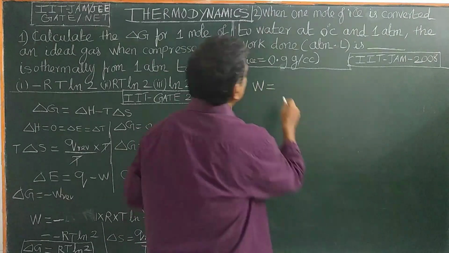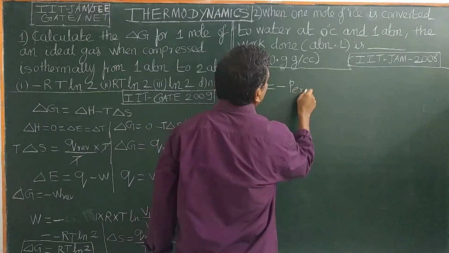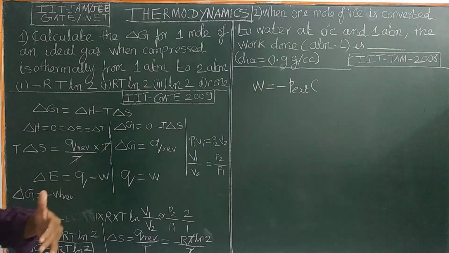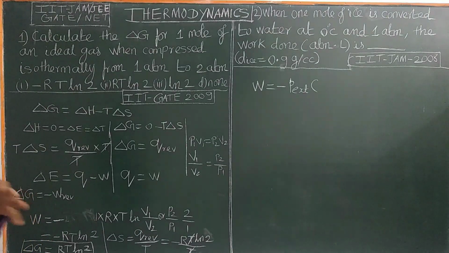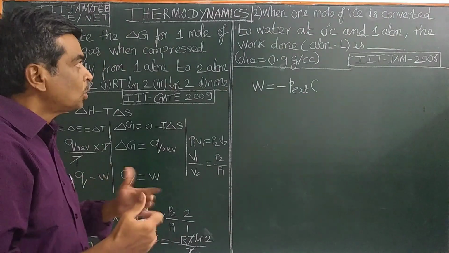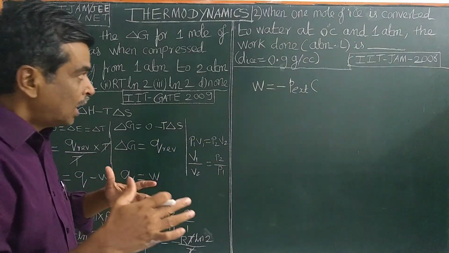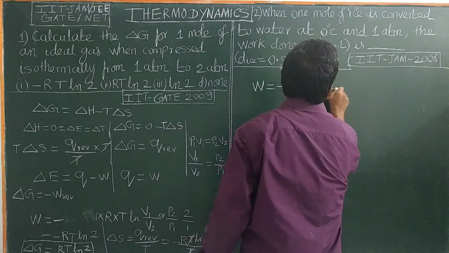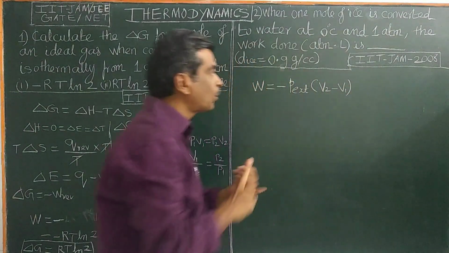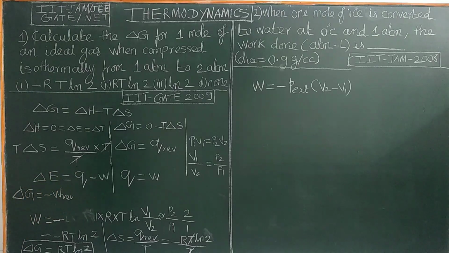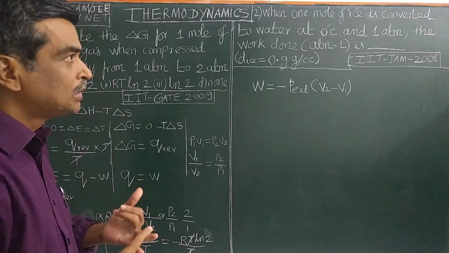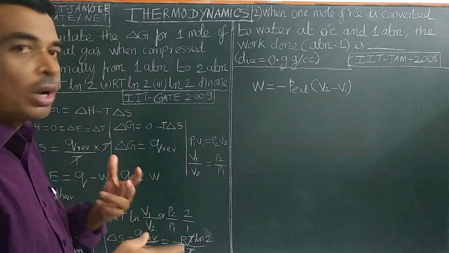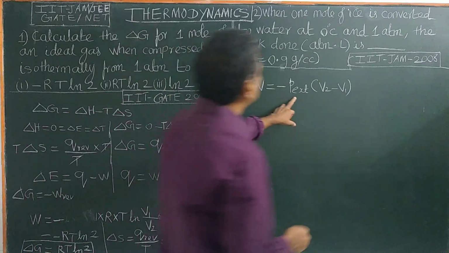The work done formula uses external pressure. If you go back to the lecture, you will understand. I advise all of you to listen to the lectures fully, so that you know the fundamentals on which the questions are based. So it is V2 minus V1 against constant pressure. There are 4 conditions: isothermal reversible expansion, isothermal reversible compression, and there are 2 irreversible processes: free expansion and work done at constant pressure. This is constant pressure.